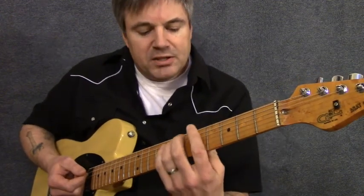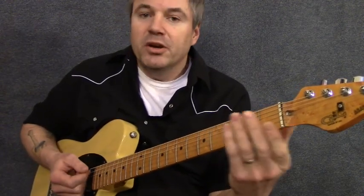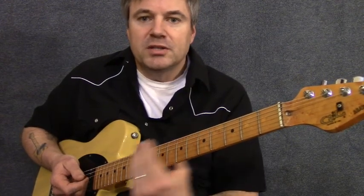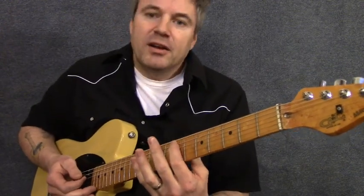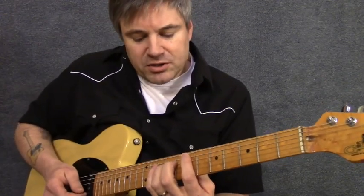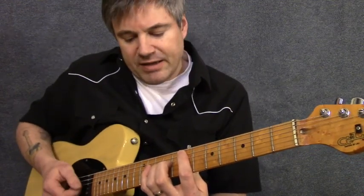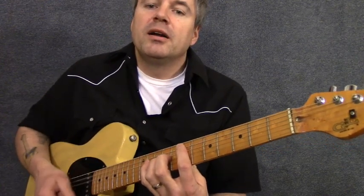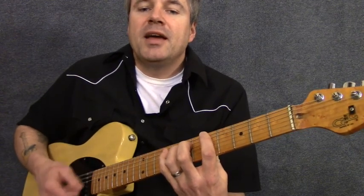Now, when we get to the E chord, we're not going to go all the way down here. We could, but we want to make this all in closed position so we can move it to any key. So we're going to move up to the 7th fret on the 5th string. That's our E note. The 9th fret on the 4th string, that's B. And then we're going to be putting our pinky on the 11th fret, which is C sharp. So we've got 1 bar here on the E, back to D for 1, back to A for 1,